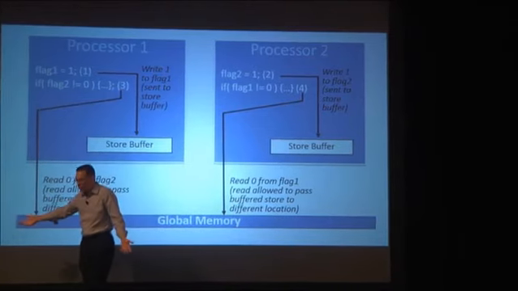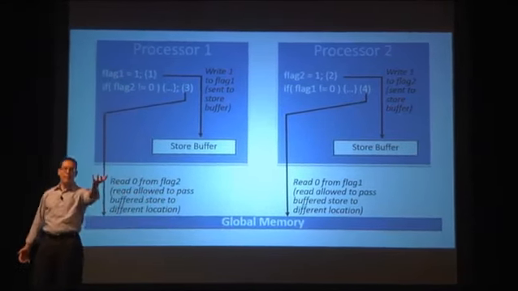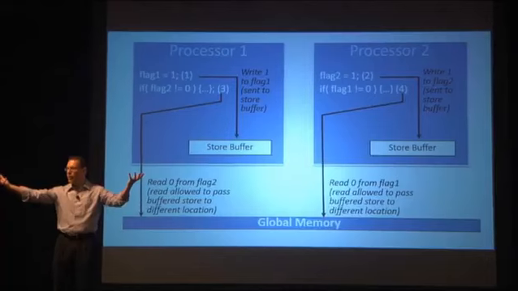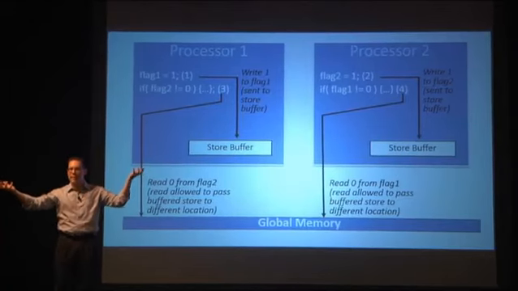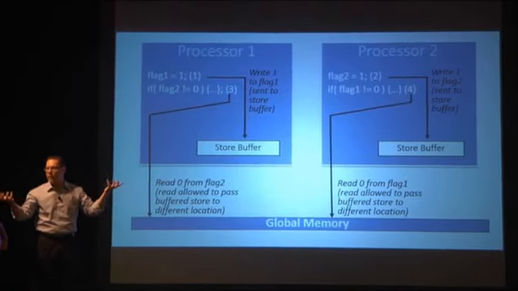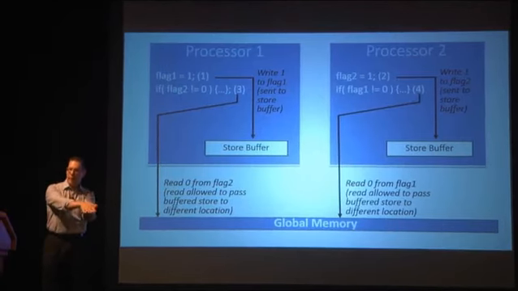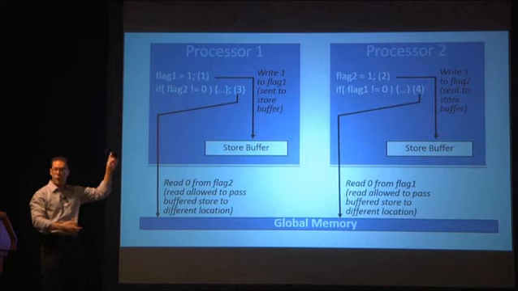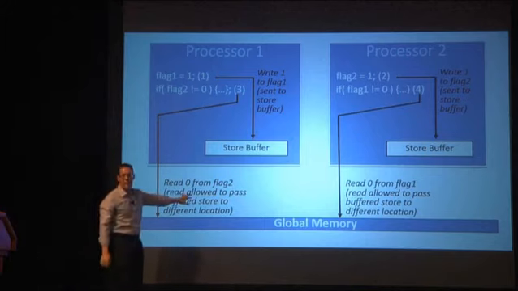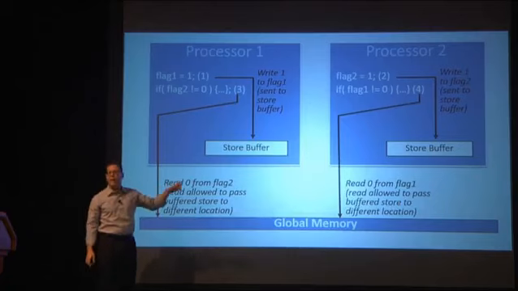The compiler, the processor, the cache system has no idea that this random memory location and this random memory location, which just have bit pattern addresses, have anything to do logically with each other. If you had written something to flag 1 and read it again, we'd read it back out of the store buffer because that would be consistent. But because it's an unrelated read, we call this kind of example IRIW, independent reads of independent writes,